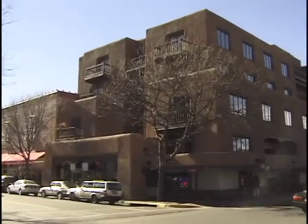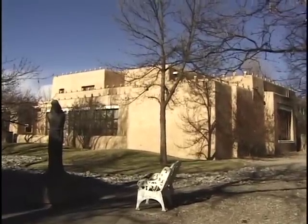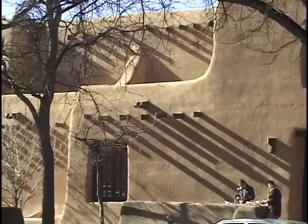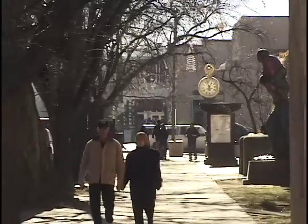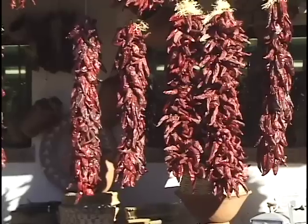Santa Fe is beautifully laid out for the visitor because all of the main buildings and shopping areas and museums and galleries are in the historic center. So it's very easy to walk around. It's a small neighborhood, only about 10 blocks wide, and you're going to see a lot of interesting sights like